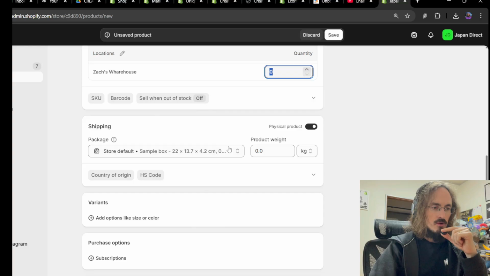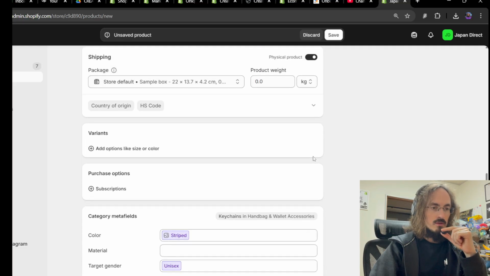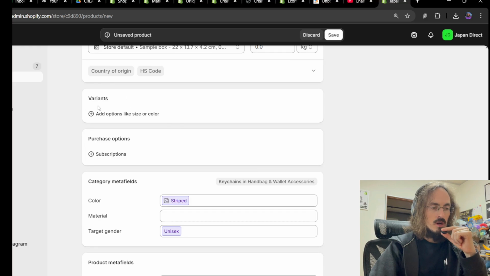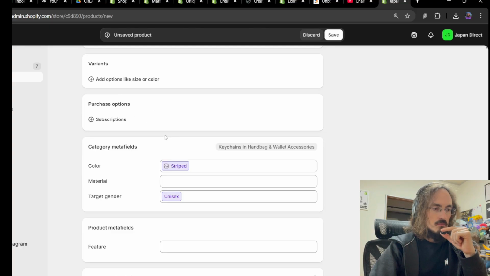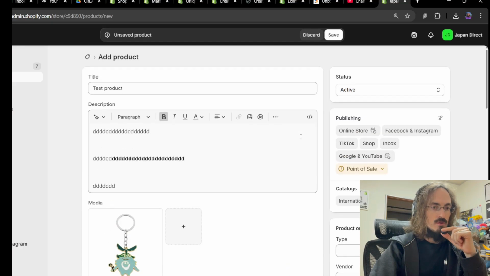Shipping, this won't matter right now, unless you're going to start messing with the shipping settings. So for now, for just adding the product, I wouldn't touch anything here. Variants, as you can see, that's like size and color. So I won't do that right now, just to keep this simple. And yeah, I think for now that's pretty much all you have to do, just to quickly get a product